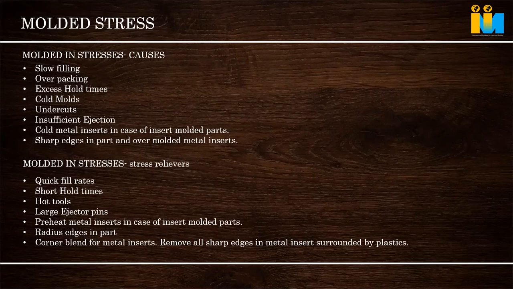I was there in a trial, and one customer had a crack issue. He was using a metal insert, a copper brass insert. I recommended heating that insert to the mold temperature recommended for the material. It was an ABS-PC alloy, so it had to be heated to 80 degrees. So what he had done is, he had an oven maybe 500 meters away. He goes there, heats it, and comes back. After half an hour, he started molding.